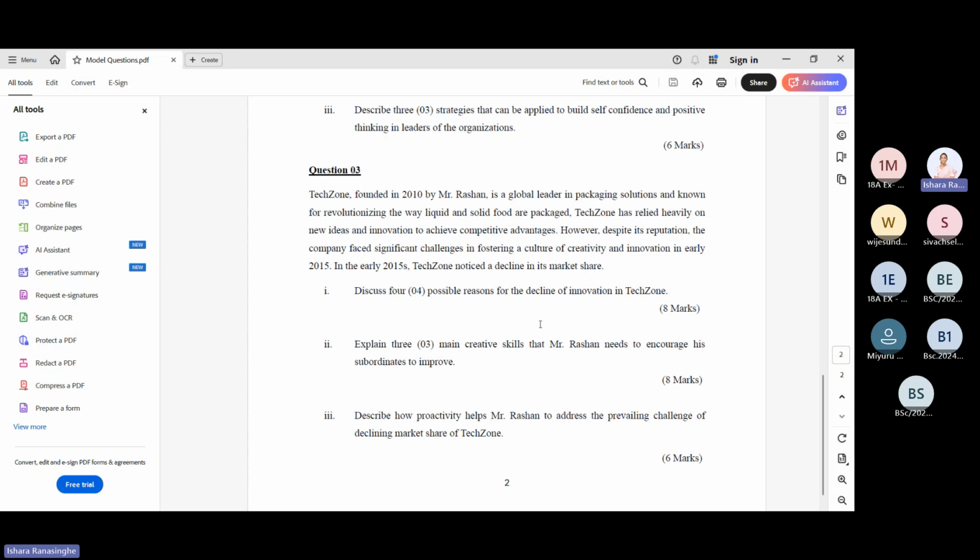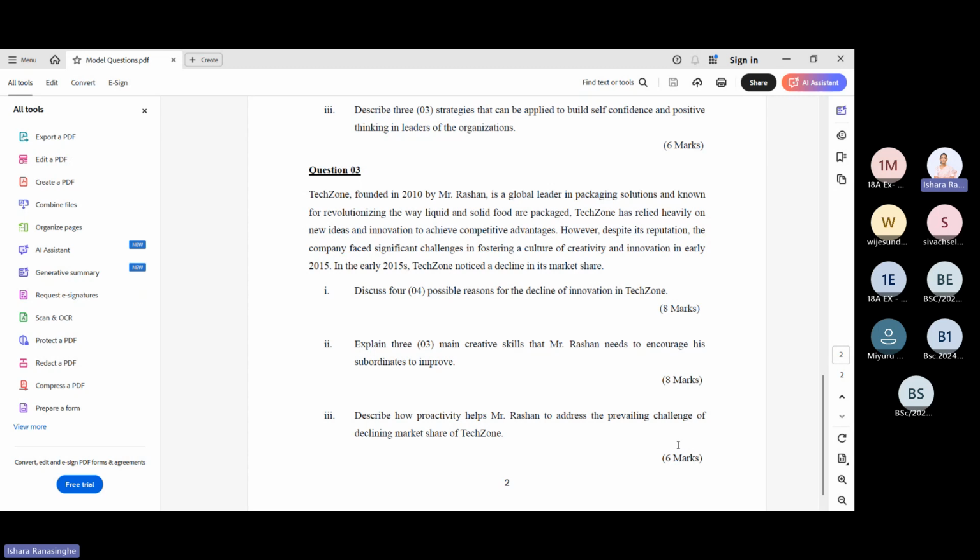So you can understand, in order to become a creative and innovative person, an organization, we need to be proactive also. Right? So here, you can take the answers from here. Right? Basically, what is asked is how to overcome challenges by using proactivity, the prevailing challenge of declining market share of Texon. How proactivity helps. Then you can say,